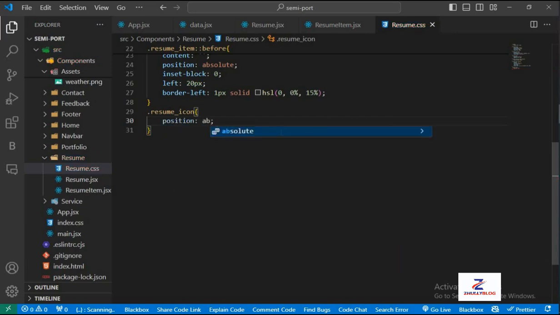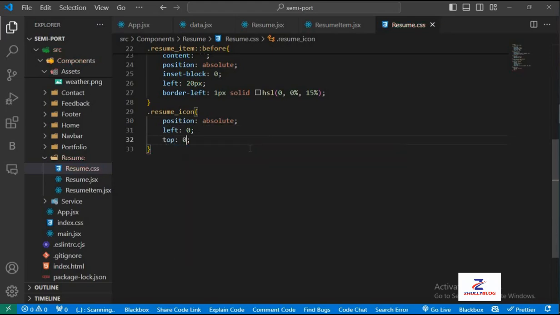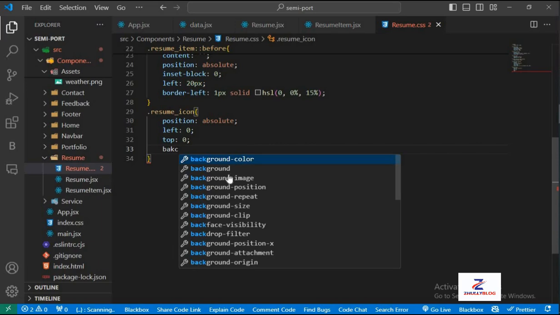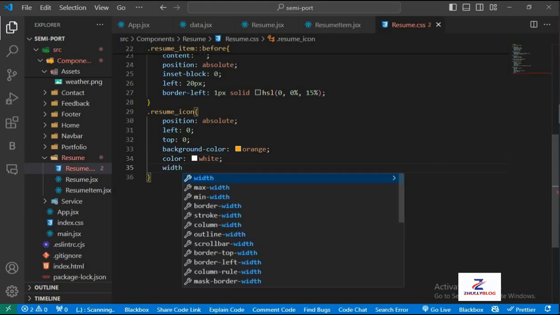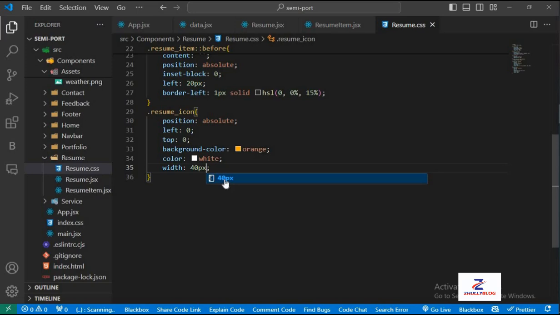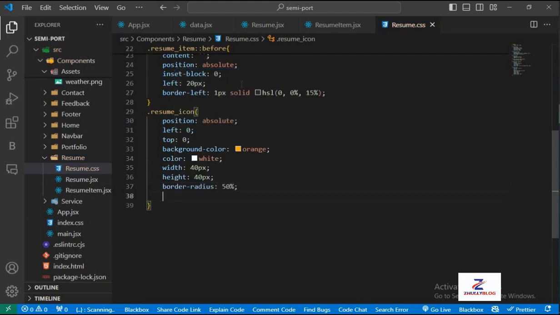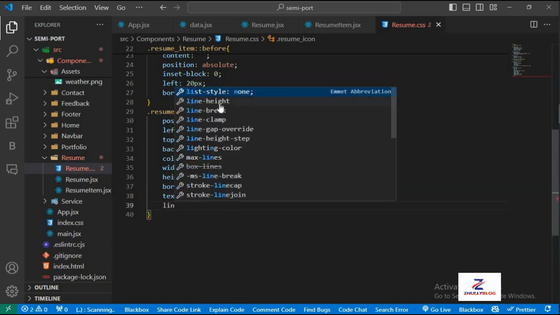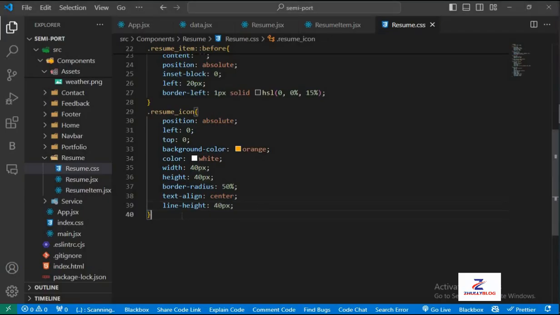We're going to set the position to absolute, the left of 0, top 0, set the background color to orange, and we're going to set the color to white, and the width of 40 pixels, and let's set the height to 40 pixels as well, and the border radius will be 50%, and the text, let's set it to center. The line height is going to be 40 pixels. Okay, so this is what we have currently,